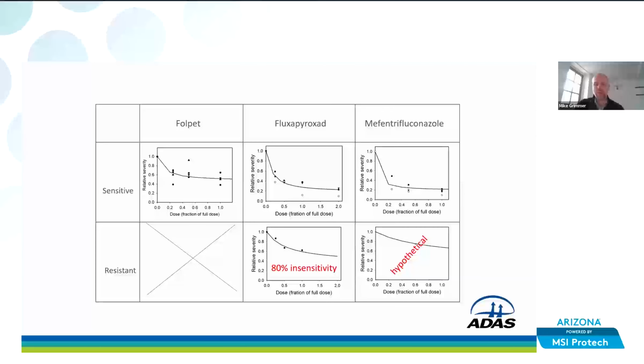And if you're familiar with AHDB fungicide performance work, then you'll be familiar with these kinds of dose response curves. So on the x-axis is an increasing dose of each fungicide, and then on the y-axis is the severity of disease, which decreases as we increase the dose. So along the top panel are dose response curves for sensitive strains after these products were introduced onto the market,